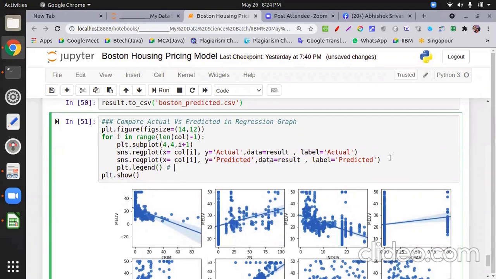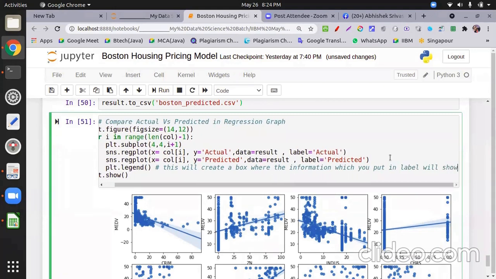This will create a box where the label information which you put in label will be shown.